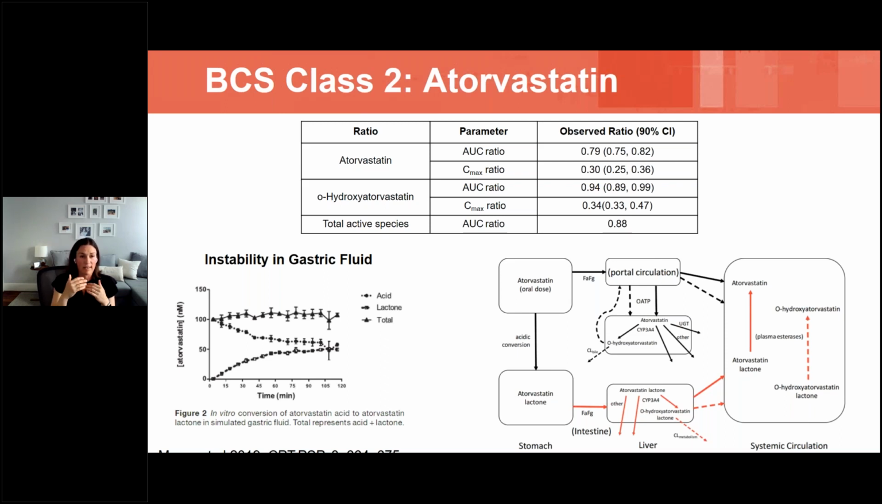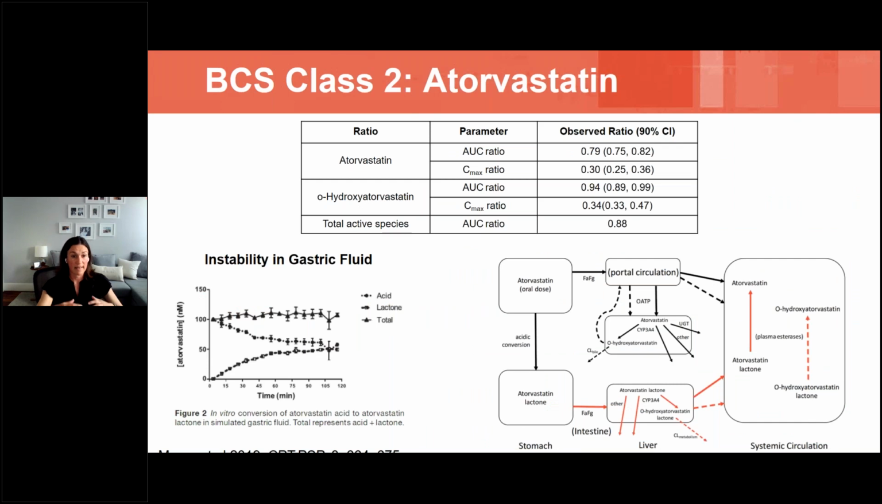And so atorvastatin is administered as the acid, and then in the stomach, it gets converted to the lactone. And then both the lactone and the acid are absorbed and metabolized in the liver. And then in the systemic circulation, you see a conversion of atorvastatin lactone back to atorvastatin. So knowing the disposition of atorvastatin and knowing that atorvastatin is unstable in the stomach,